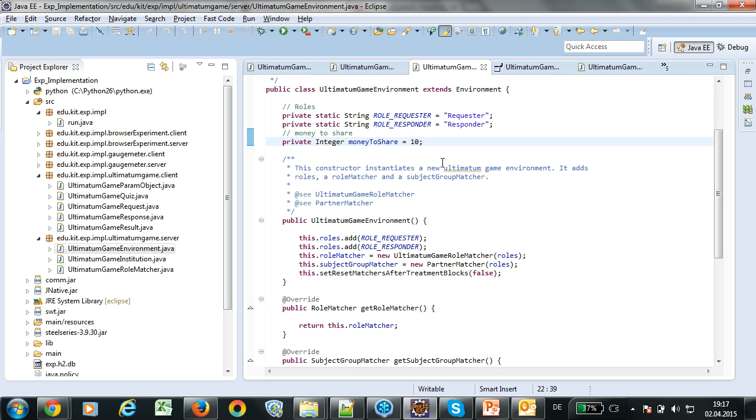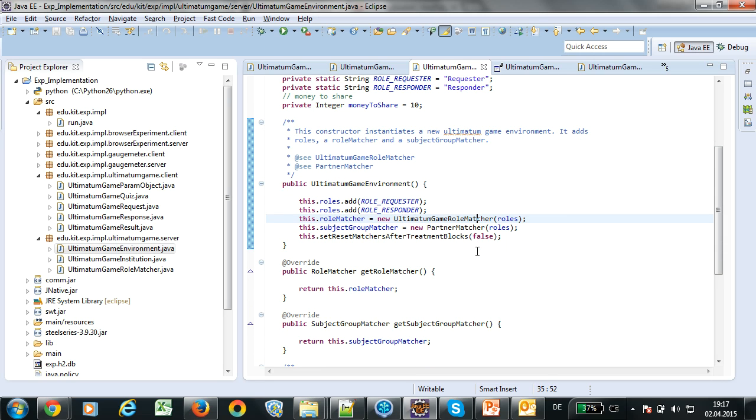Okay. So after this, you see what the functionality of the environment is: to define a couple of things. The first thing that I mentioned was already the money to share, which is basically the treatment difference. And the second thing is what happens in between periods. For example, how are roles matched and how are subjects grouped, and these kinds of definitions can be laid out in the environment. For example, the role matcher can be used to define which subject is matched to which role